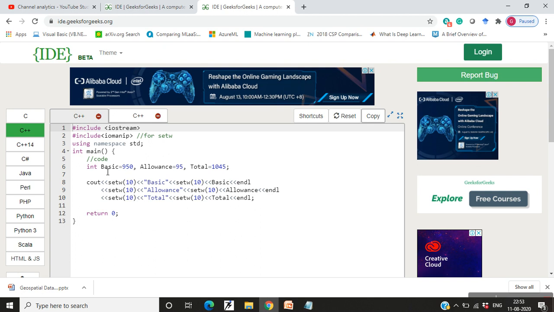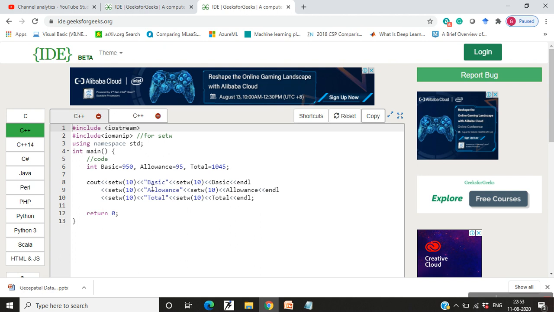Then suppose I use these three variables, basic, allowance and total, and I have initialized them while declaring them. Now I am using a setw manipulator, which sets the width of the output field to be 10.